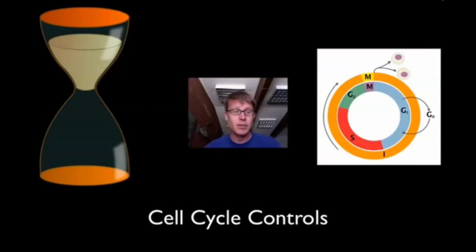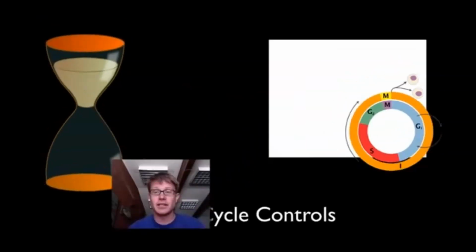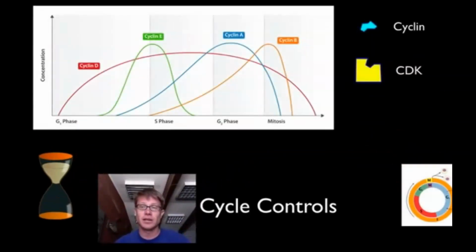And so how does a cell know when it's time to divide, and when it should go on and when it shouldn't? The best analogy I can think of is that it works kind of like an hourglass clock. There are little proteins inside a cell, and as those proteins accumulate throughout the life of the cell, eventually you get a critical number of these proteins at the bottom. And once we have enough of those, then it tells the cell to advance to the next stage. And those proteins are called cyclins.